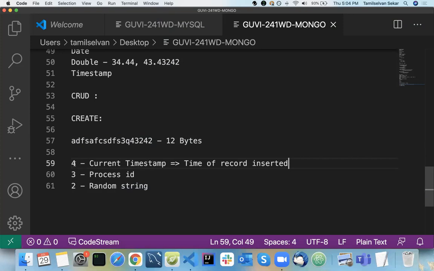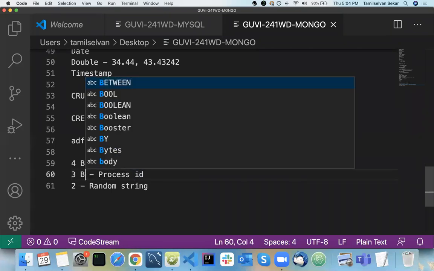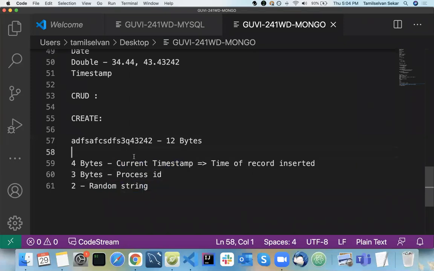The first 4 bytes are created using the current timestamp, when you inserted that particular record. The next 3 bytes are going to be the machine ID, and then the next 2 bytes are going to be your process ID.